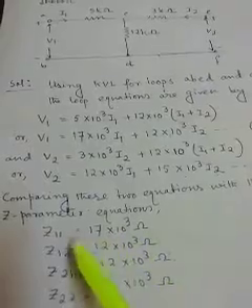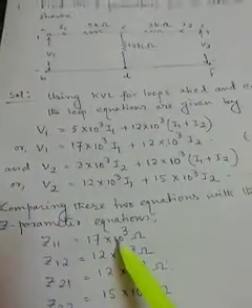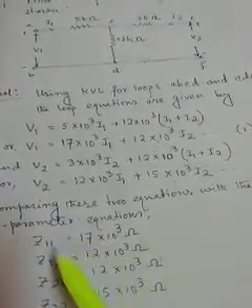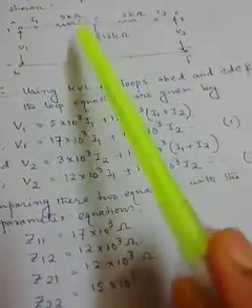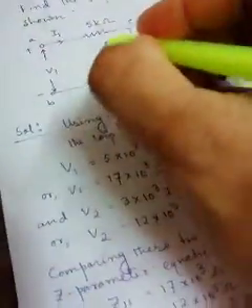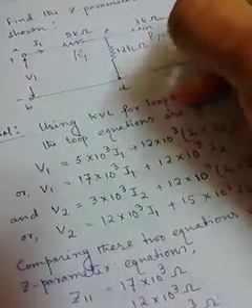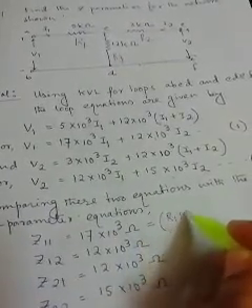Obviously we have to go through this, but readily if we want to get the values of these parameters, what we have to do is: the Z11 value should be the value of this resistance plus this resistance. So if we give the normal naming of this resistance as R1, this as R2, and this as R3, then for any given T configuration, you remember that Z11 always should be equal to R1 plus R3